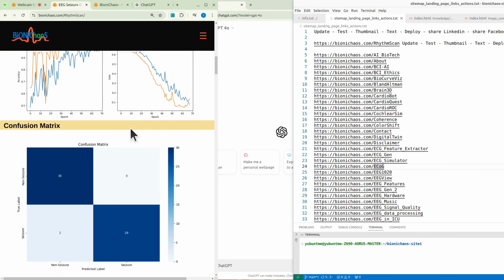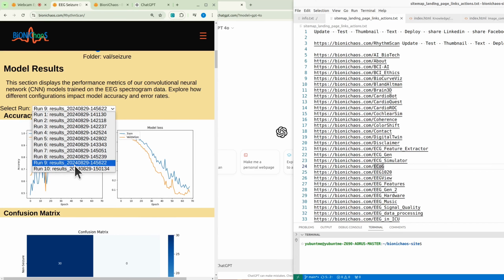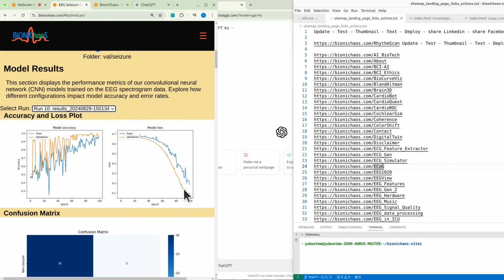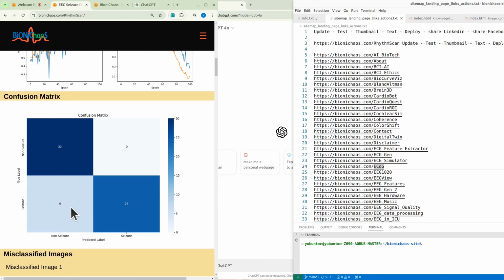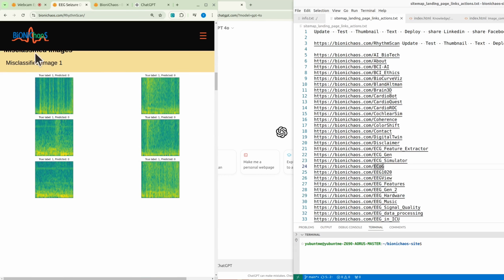These are these 2, and you can select the run number. So then we run again, and we had a slightly poorer performance, with 6 false negatives instead of the 2, but still 0 false positives. And those are the examples. So this is essentially, you can see where it's going wrong. In this case, the true label is 1, meaning seizure, but the prediction is non-seizure. And the same for all of those. Probably this one and that one